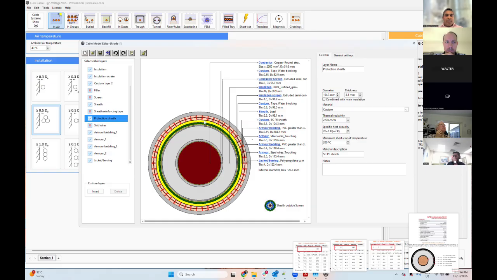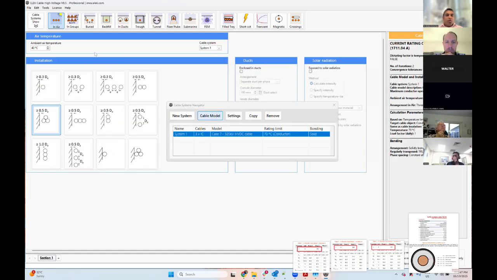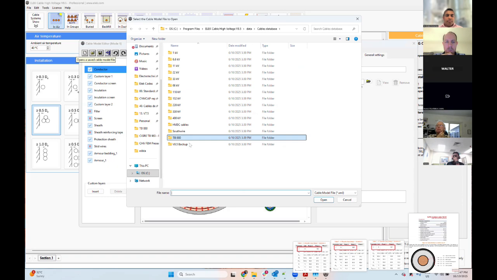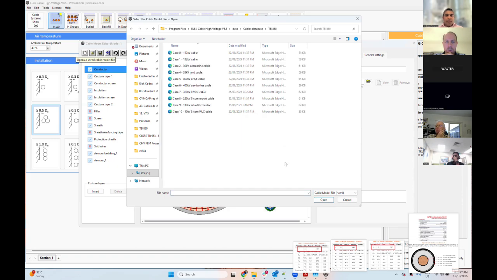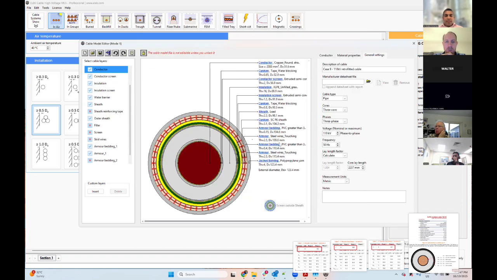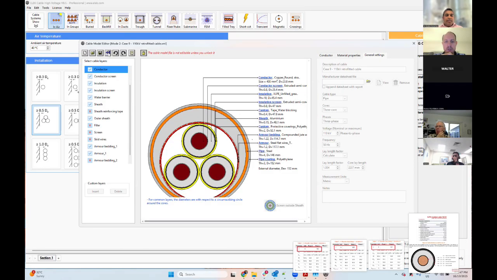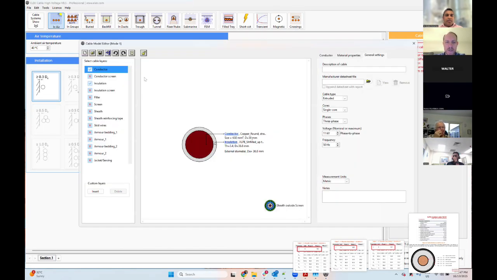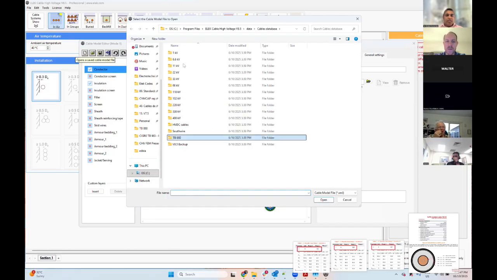I can show you another example of a three-core pipe type cable, which we have in our database. Do we have just a three core submarine? Okay, pipe type. I can give you this. This wouldn't be widely used in APAC, pipe type cables are more in the US. So we can look at this cable, which is